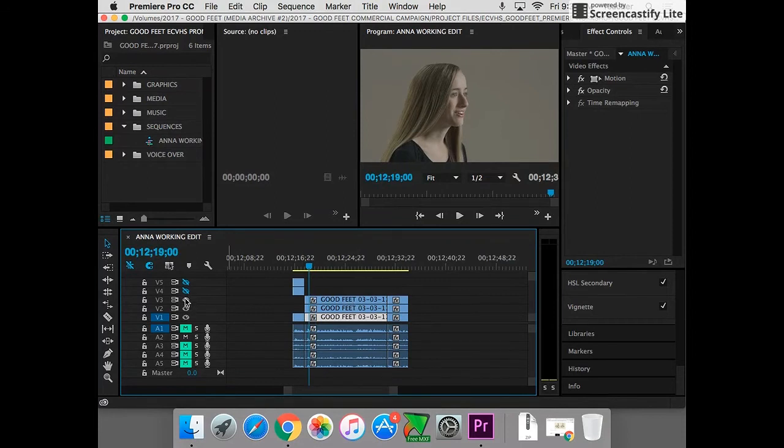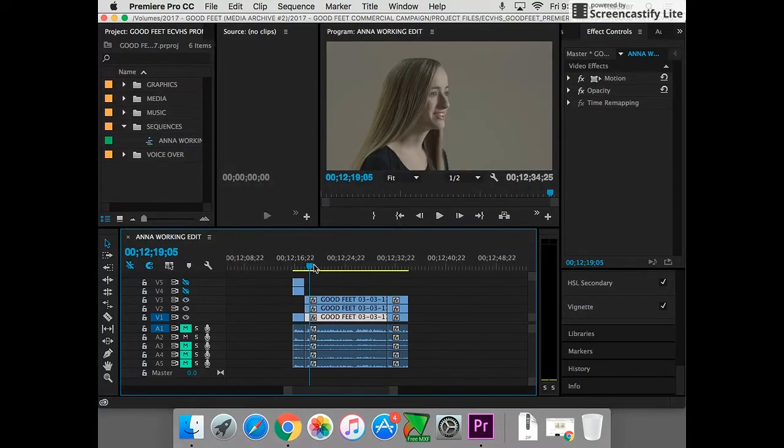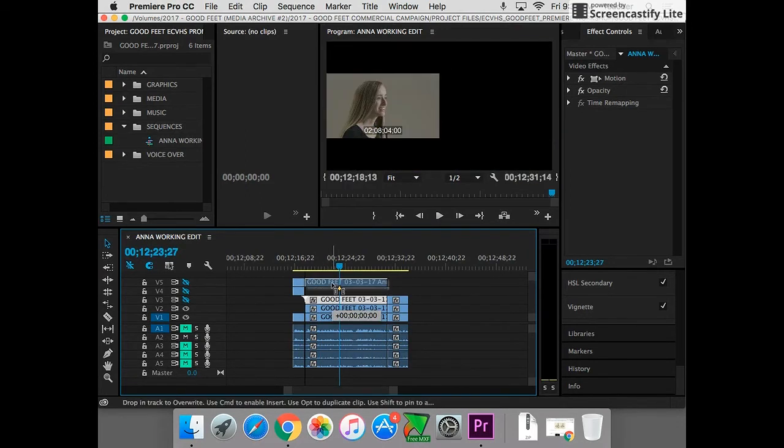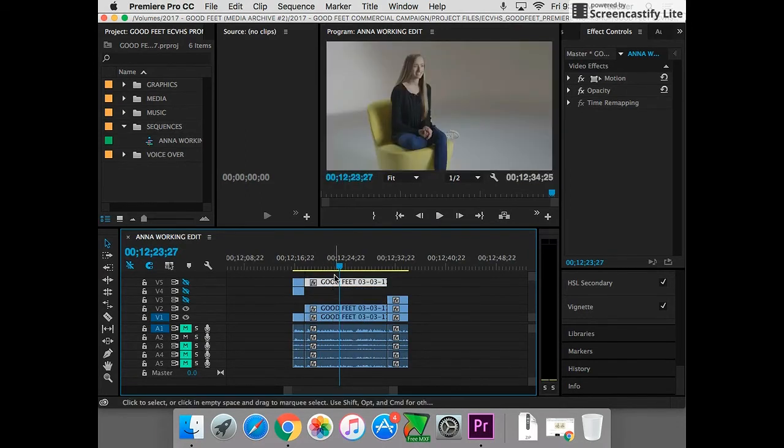We like this angle next, but maybe then I can mute this track and see this wide shot too. What's good about having the wide shot is it establishes the whole set. So we know we want to do this shot as our second shot, right? So we're going to move this one out of the way because we know we're not going to use this shot. We know we're going to use this one, right? And you can see it goes up here and it gets muted and it disappears because these tracks are muted.